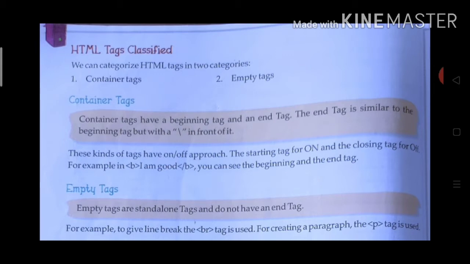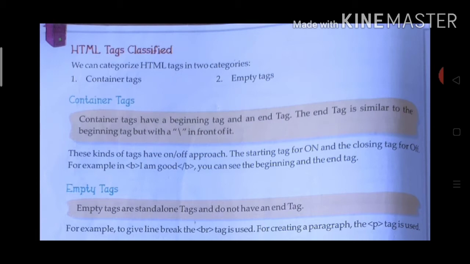These kinds of tags have an on or off approach. The starting tag is for on and the closing tag for off. For example, in <b>I am good</b>, you can see the beginning and the end tag. Here what is the difference?